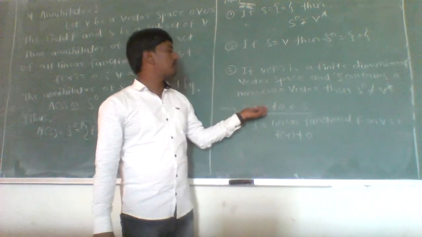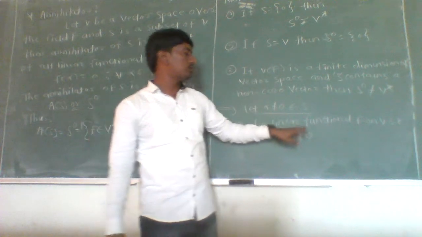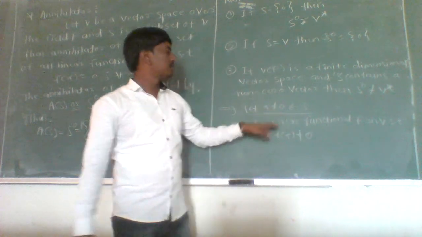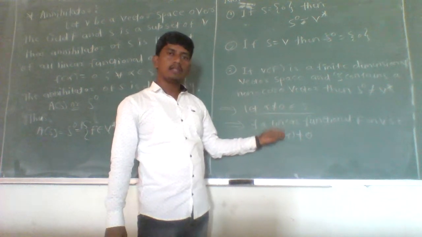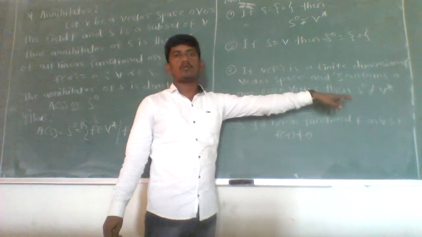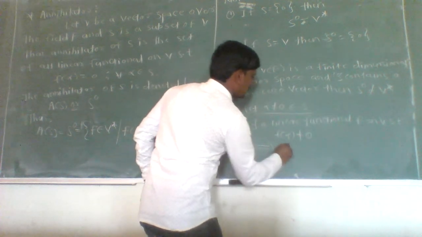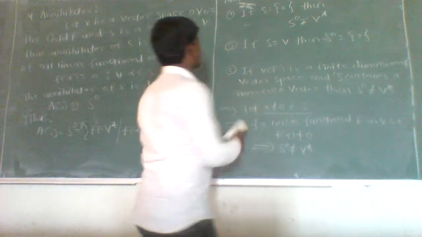So as here there is one alpha, not equal to 0, belonging to S, then there exists some linear functional which is not equal to 0 for that particular alpha. Therefore this S annihilator is not equal to V star, since here we get one particular f for which f of alpha is not equal to 0. Hence annihilator of S is not equal to V star, and hence the proof. Okay. Now